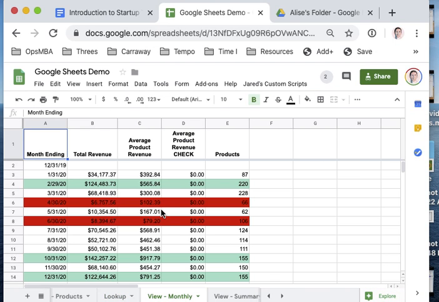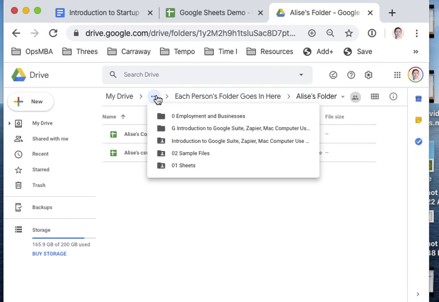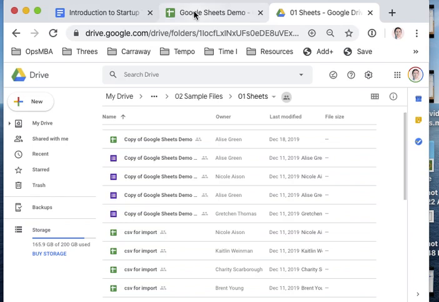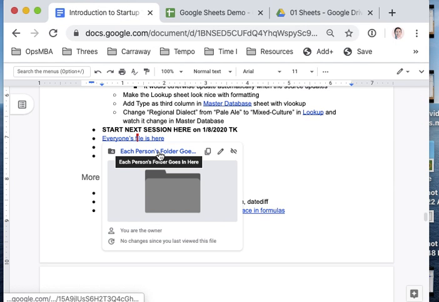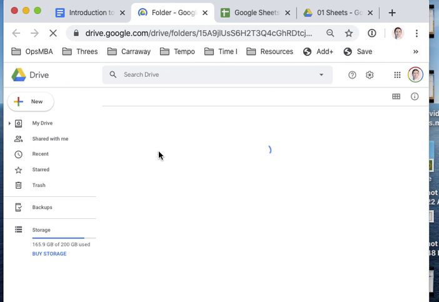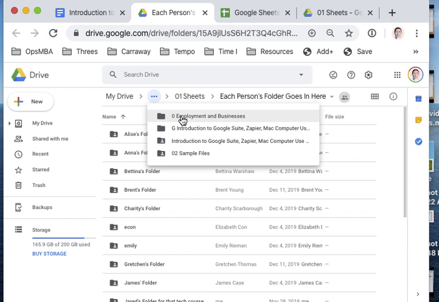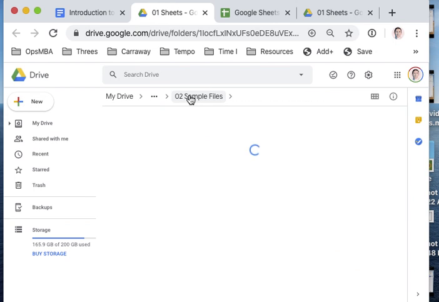So here we go. We're going to create this monthly view this time. So what you can do actually is you maybe also open my version. So if you go back to the Sheets folder, click back on the link, the Everyone's File is Here link. And then if you click on this top right here, you see the whole nav right from where we are. We're in Introduction 02, 01. If you click on 01 Sheets,